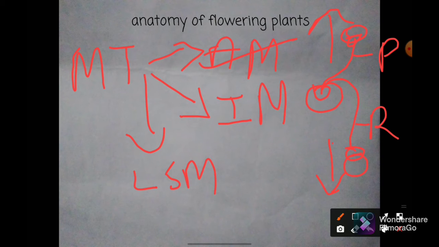Okay, next, after apical meristem we have intercalary meristem. Now intercalary meristem is the leftover apical meristem. That is, the meristem which is left out. See, let us take this to be a shoot tip. This is a rough diagram, don't take it very seriously. The actual diagram is in the next slide. This is apical meristem, and when it is dividing, it leaves some amount of meristem over here.